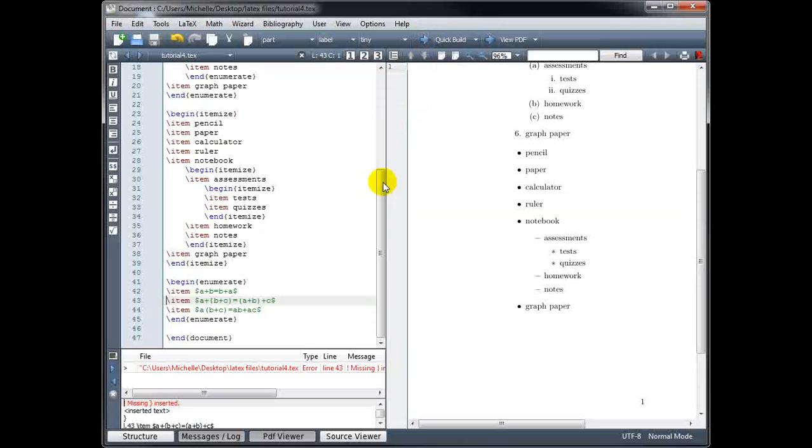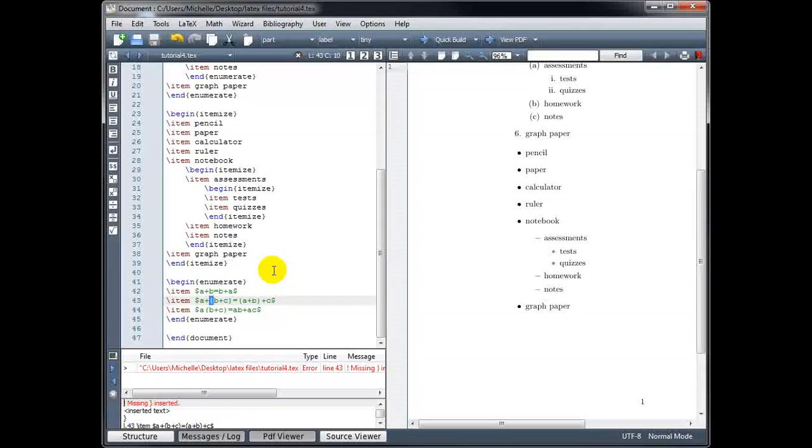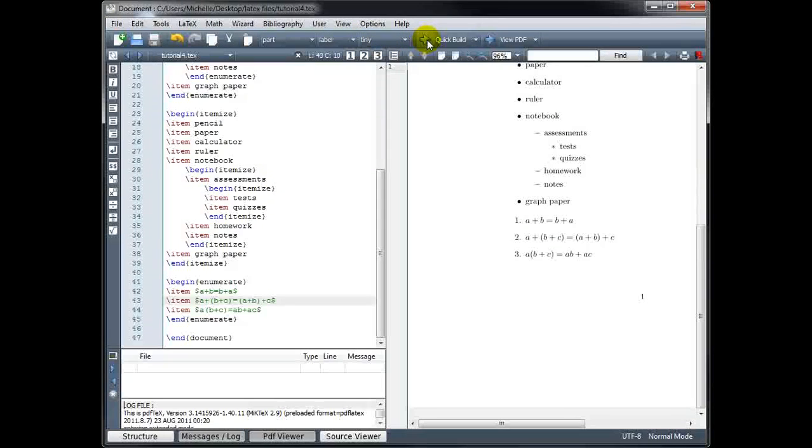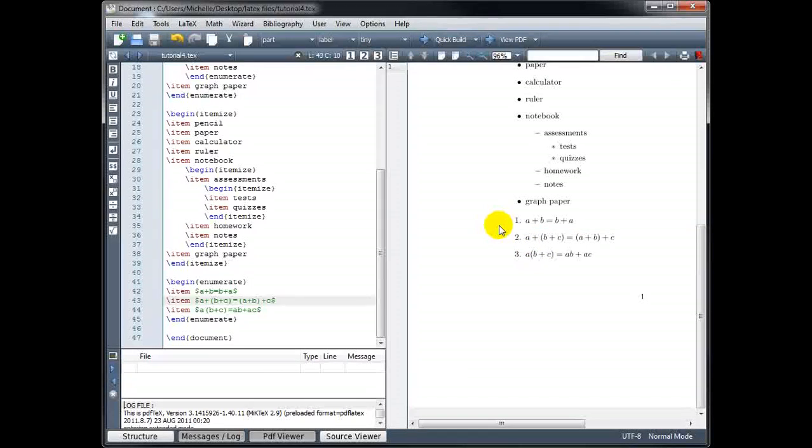And I see I have a compiling error on line 43. Yes, I accidentally typed a curly bracket instead of parentheses. Let me just fix that. And recompile. Good. Okay, so we have our list of our 3 mathematical properties here. Instead of